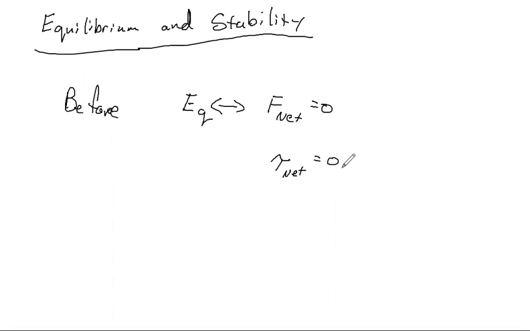In actuality, you could have something moving at a constant angular velocity or with a constant linear velocity. Those would still be in equilibrium, but to be quite honest, typically in the situations we have in mind, nothing will be moving. So it'll be like a bridge or a crane or something like that. So that's the concept of equilibrium.